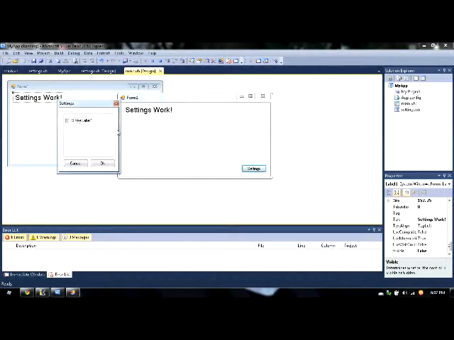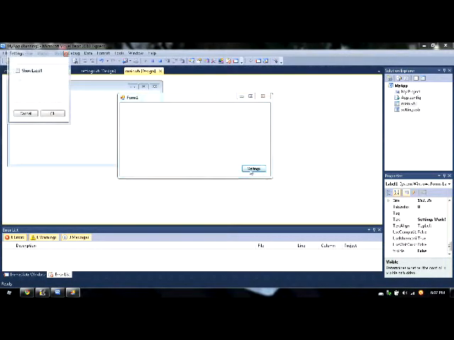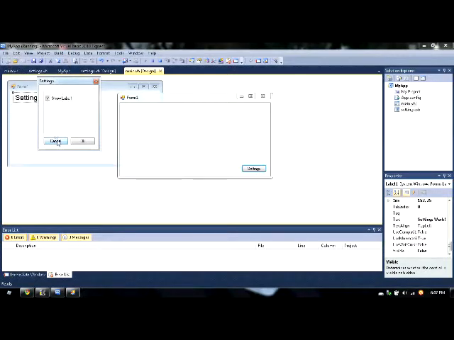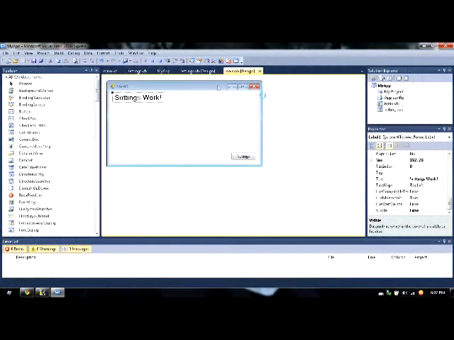Settings work. Okay, now I'm going to untick it. Click OK. It hides it. See it? If I click cancel, even though I've ticked it, it doesn't do it. Okay, so that we know that's working now. And when you click OK, it saves the